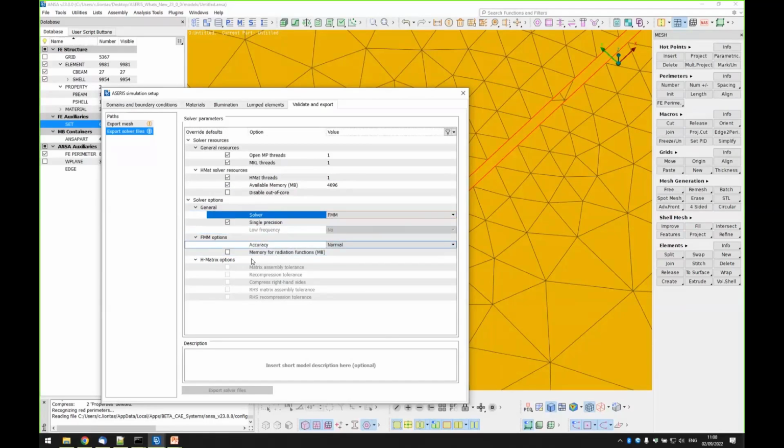If you choose FMM options, then this group is active for the accuracy of the FMM. All these options are documented in the manual of Azeris, so the user has to know them and if he wants to use them. You can finally put a description here, which is going to be written in the file of the solver, and then you press export solver files and you get your batch files and your solver files. So in order to show you a full demonstration, let me open a new file